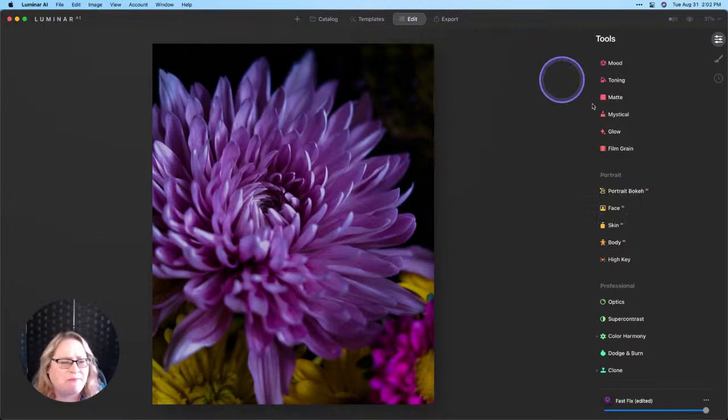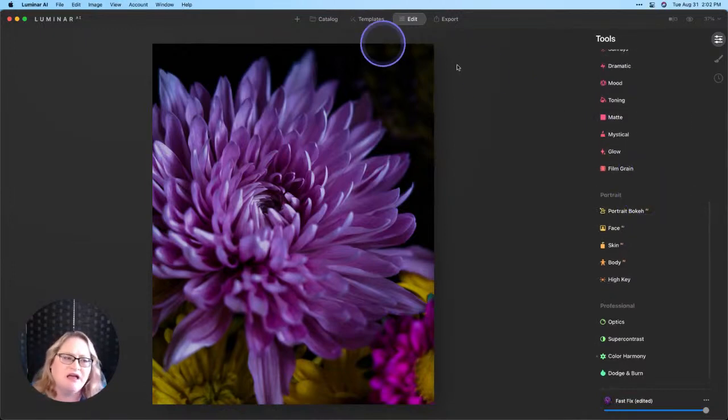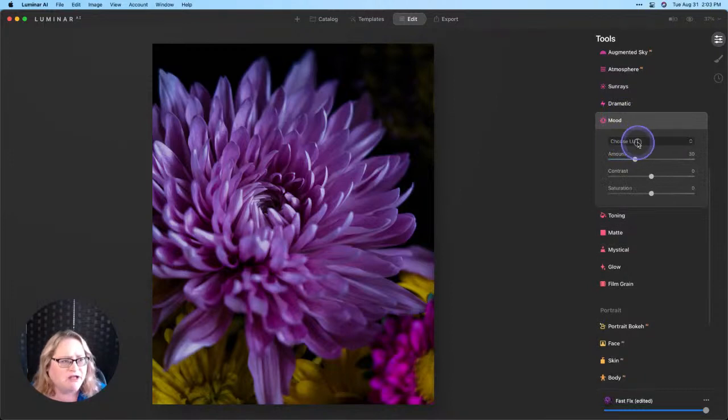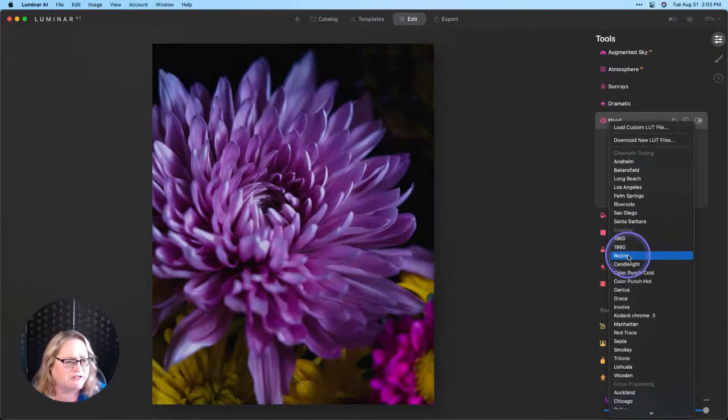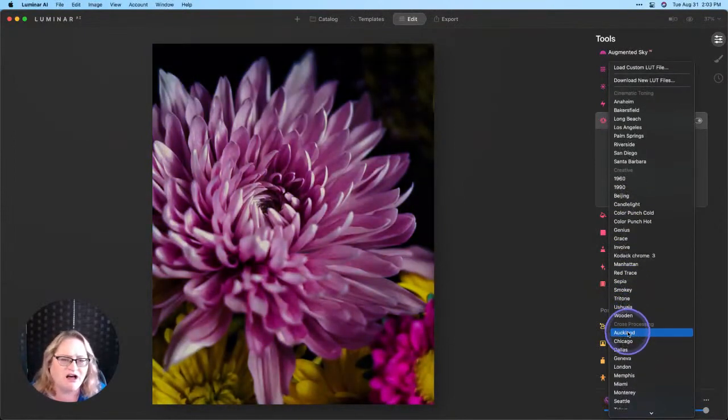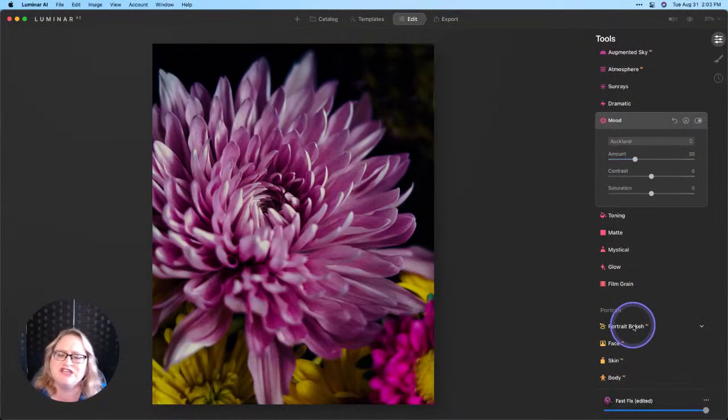Let's start with our mood tool and I'm going to choose a look. You can scroll through these and audition these different looks and see which one you like. As I went through these, I came across Auckland and I really like the toning and everything that does to this image. Now you'll notice up here where we did our clone tool, because we did brighten up that image a lot,